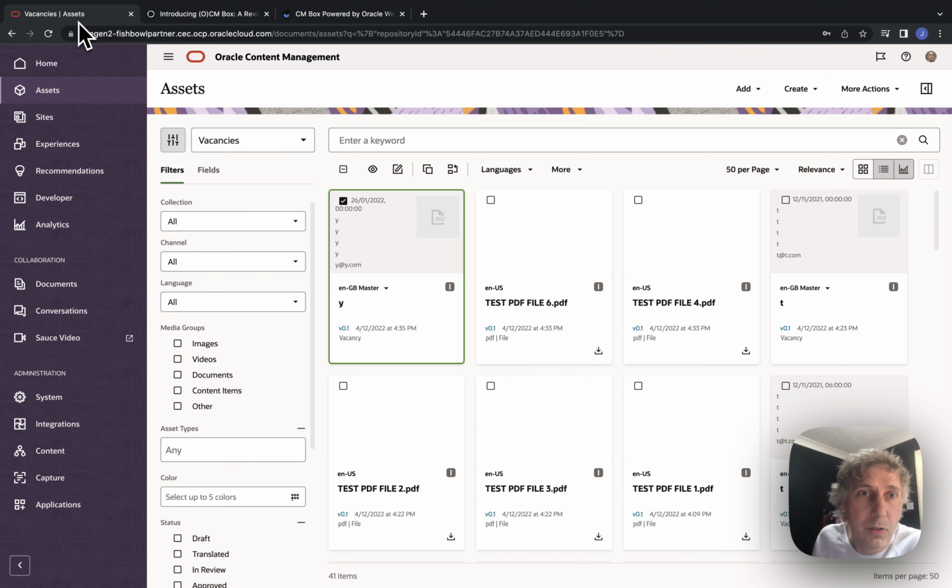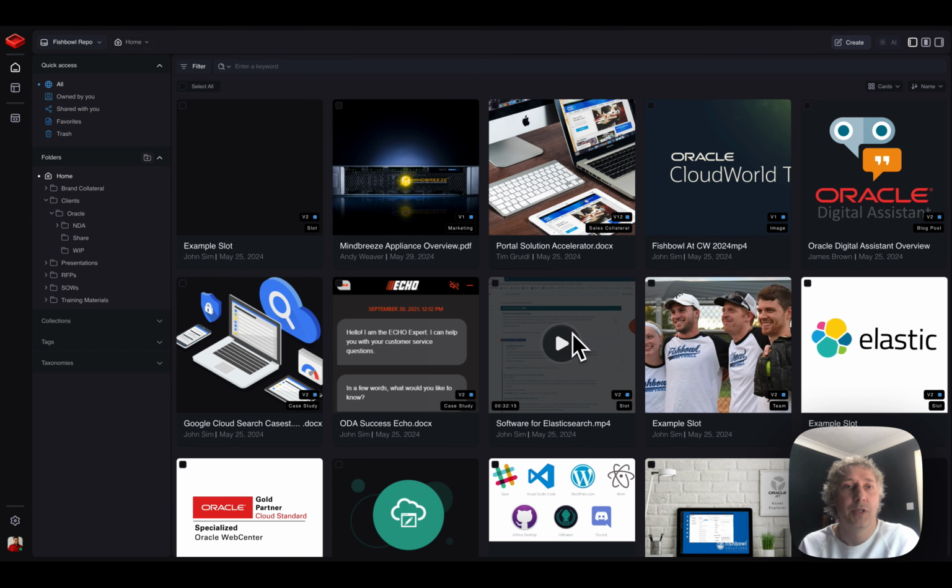So on the left here, I've got Oracle Content Management, which we're all familiar with. And what I'm going to do is show you some of the new features and how we're actually looking at enhancing the CMBox user experience for editors. And what you can see here is our asset management screen. So very similar to OCM